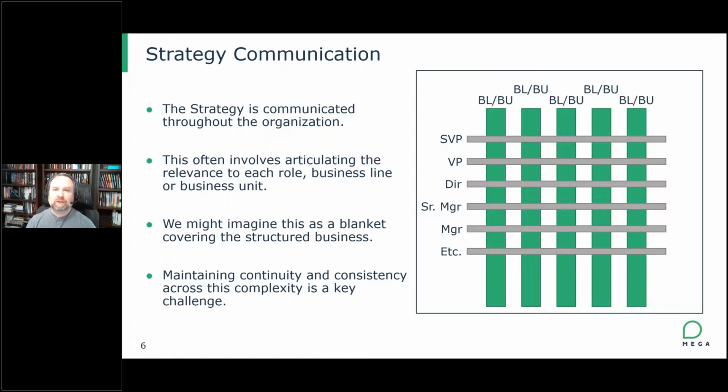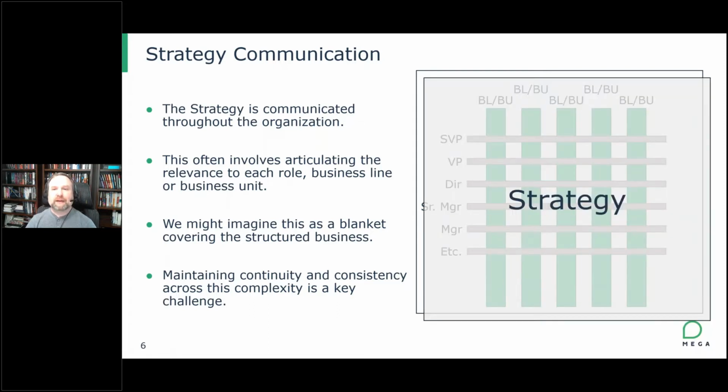That's going to cut across different business lines or business units. It's going to cut across different roles and functions. I used hierarchy as an example, but it could be job title just as easily. And when you do so, you would like to imagine that we can take this perspective and sort of drop the strategy over it, kind of like a blanket that would encompass, and everyone would work in lockstep and understand the direction and have concrete outcomes that drive the strategy to execution smoothly.